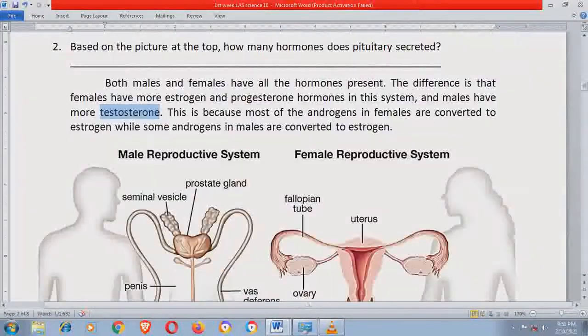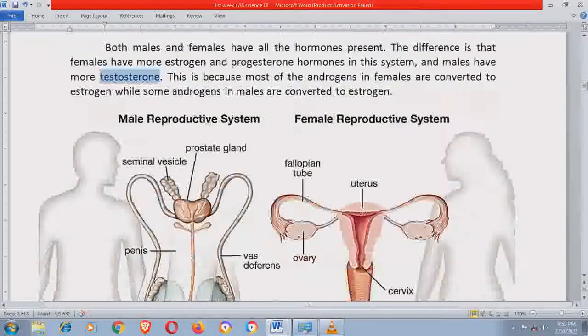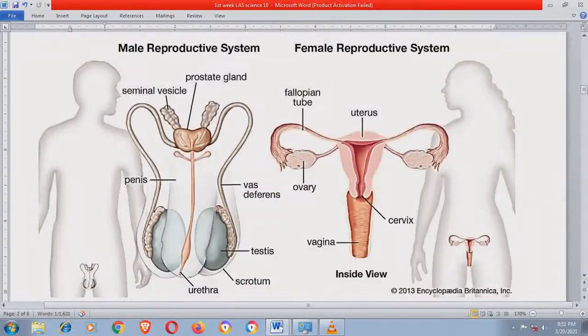Kasi may pagkakaiba. Okay, now let's familiarize yourself into the male reproductive system and female reproductive system. So, unahin natin yung male. So, sa male natin, meron kang testis. Ayan, testis. Hinighlight ko yung testis kasi ito yung gland or particular part of the male reproductive system na nagpo-produce ng sperm. Okay? So, it will travel to this one,